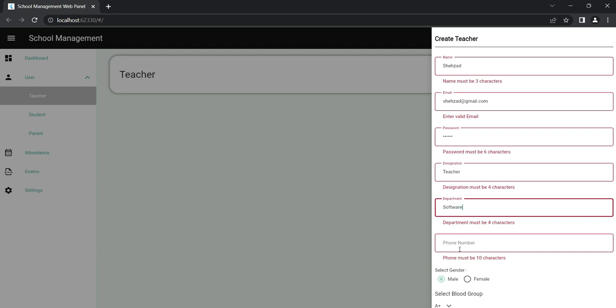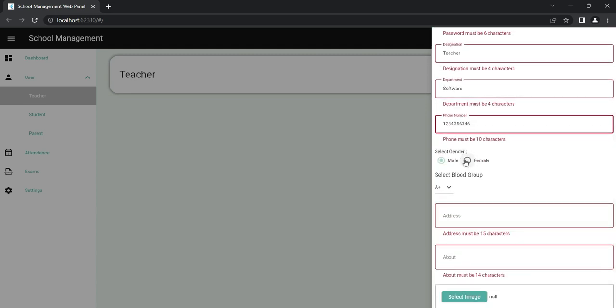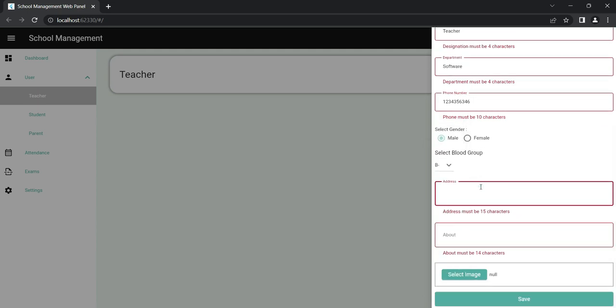Phone number must be 10 characters, and you can select gender, male, female, and blood group, A positive, B positive, O negative, anything. Here you can add the teacher address and that should be 15 characters, and about teacher that must be 14 characters,